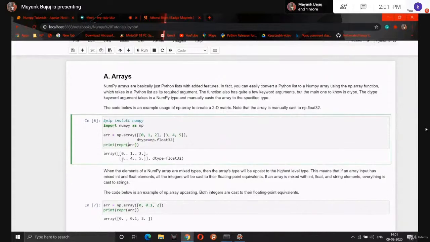Kirti Chand is asking, does NumPy have this much to study? No, NumPy is a very vast concept, Kirti. If you start learning, it may take you 5 to 6 days, because when you learn any one library, it is not limited. It has a very vast scope. But I taught you only those parts that you will be using in machine learning. Whenever you write any machine learning code, you will use these parts.